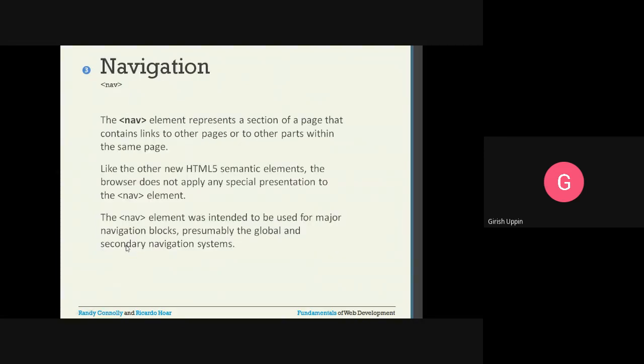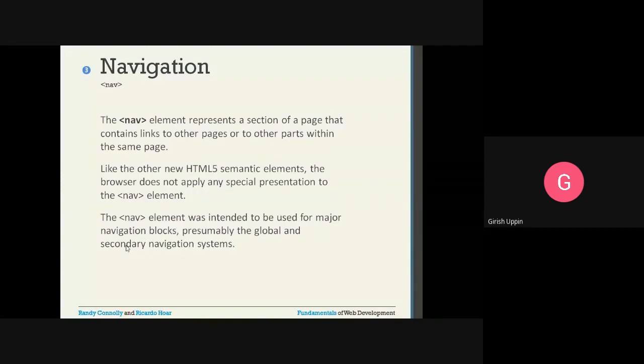Navigation elements: whenever you want to have navigational elements, you can put them inside the NAV HTML element. So we'll easily come to know where our navigational elements are. Whichever navigation you want to put, you can directly put inside the NAV element. The NAV element represents a section of the page that contains links to other pages or other parts within the same page.